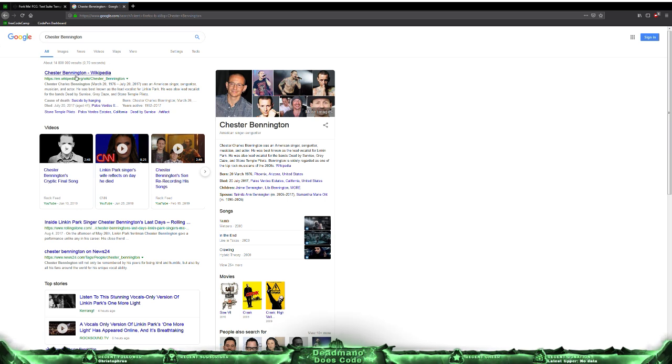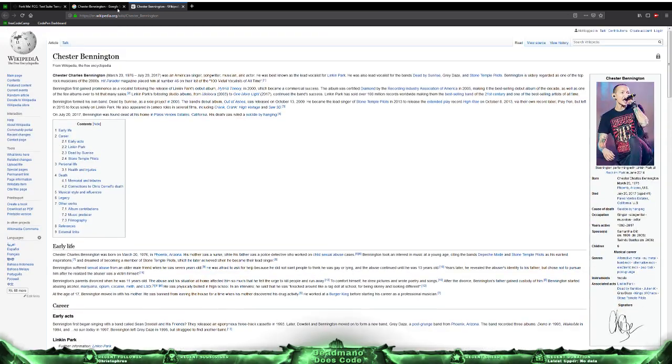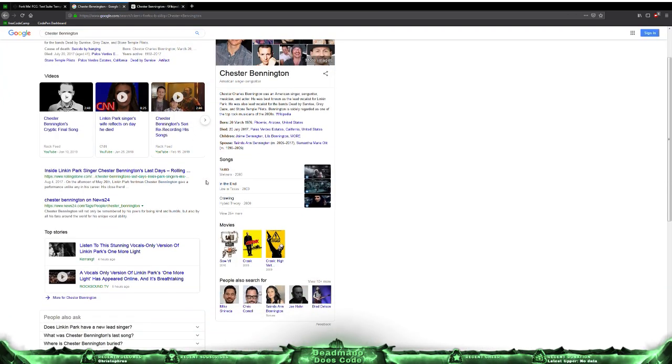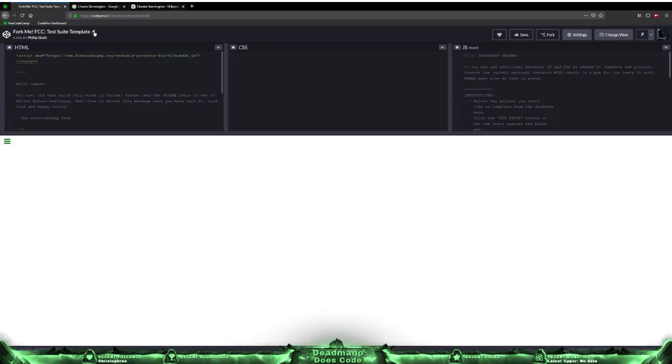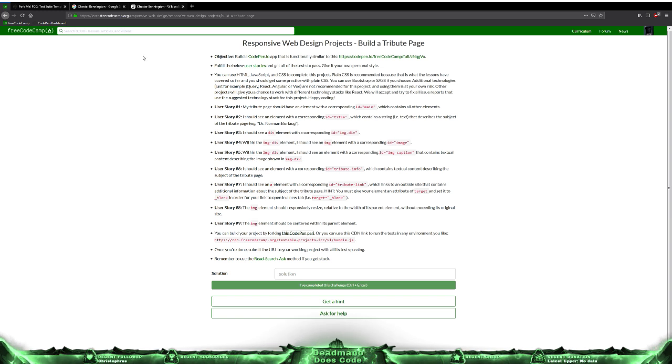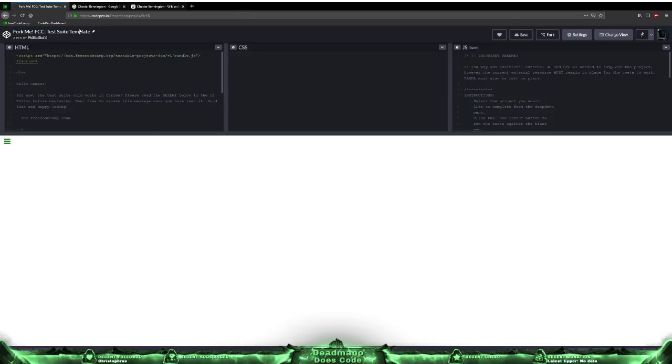So I guess we're going to need to find some information out, check the Wikipedia out, probably get some images, and get everything sorted. So if we know it's going to be on Chester, I guess we should rename this. What's the project? Tribute page. I guess we should call it FCC